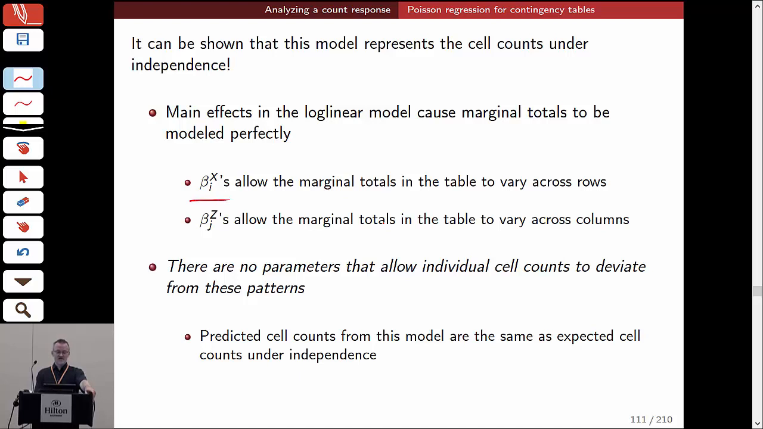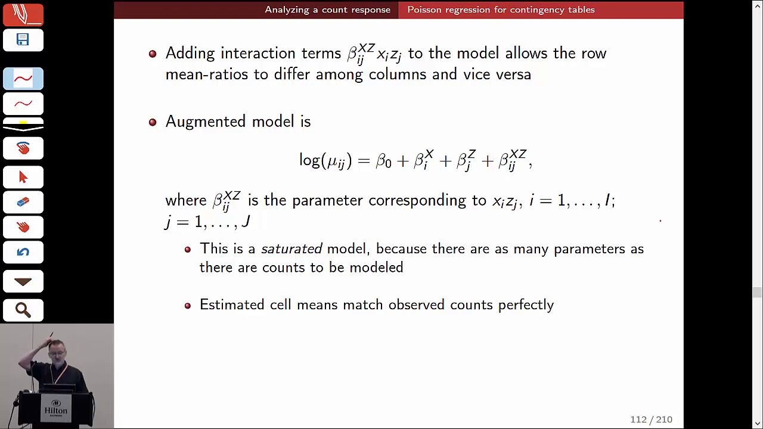So the beta xi's allow the marginal totals in the table to vary across rows, and they match the row totals perfectly. And the beta zj's allow the marginal totals to vary across columns and match them perfectly. There are no parameters that allow the individual cell counts to deviate from the patterns suggested by the row and column marginals. So what you need to do is add an interaction term to the model. An interaction term is just a coefficient multiplied by the cross product of the two variables. So you have an indicator variable for the ith row of x, an indicator variable for the jth row of z, and then a parameter, which we'll call beta xz, for the ijth